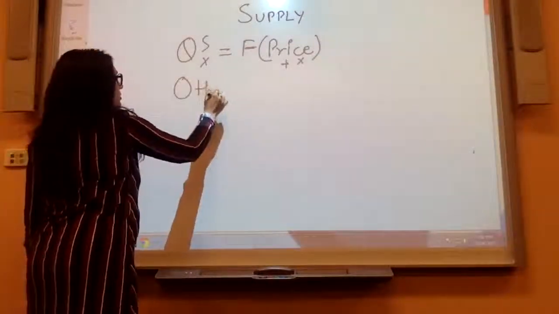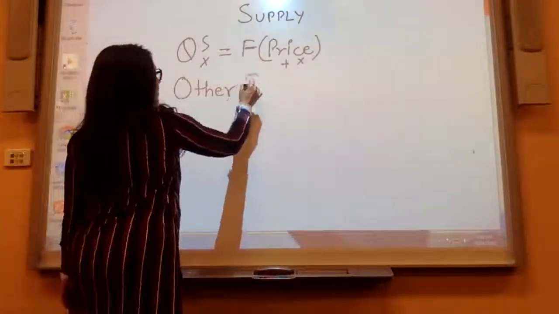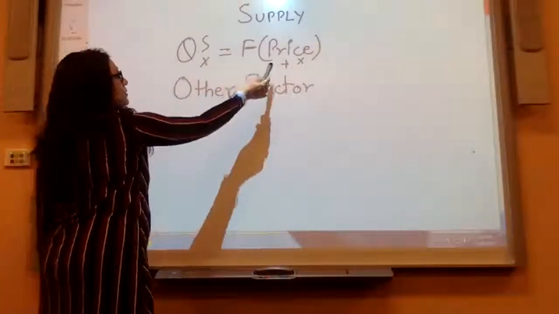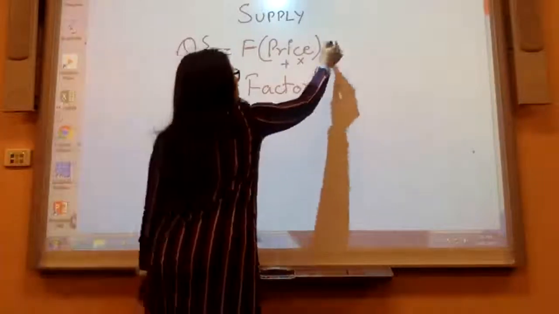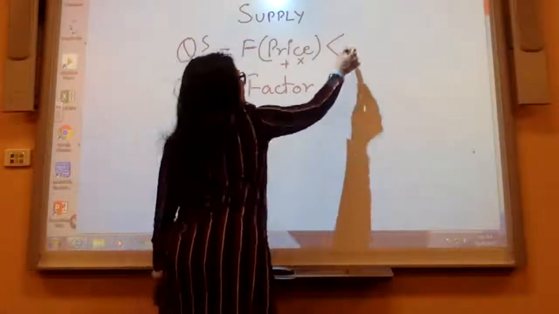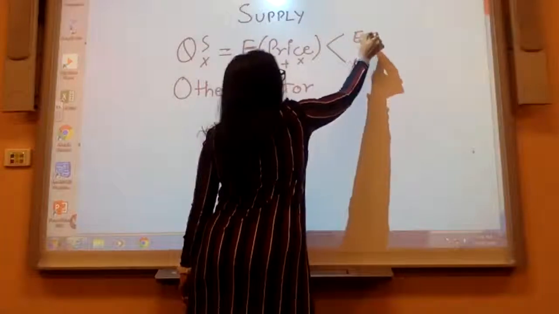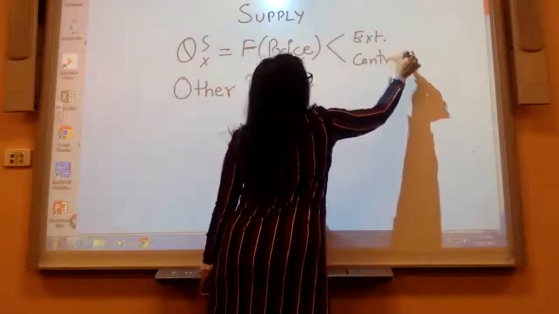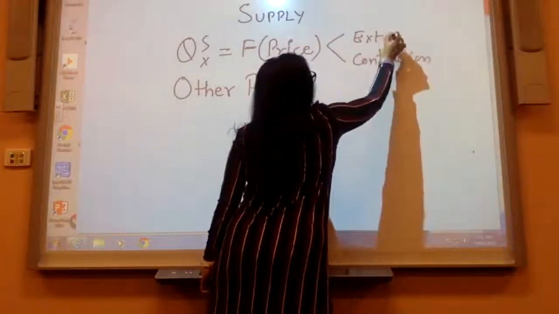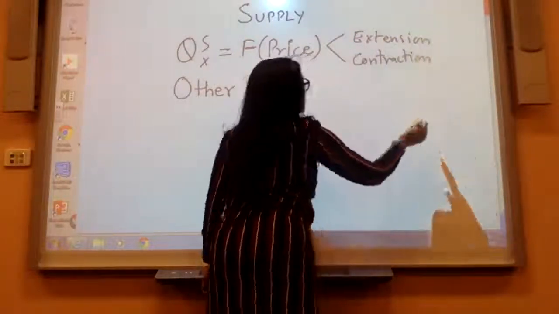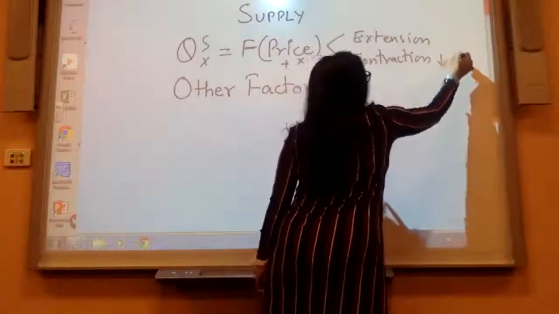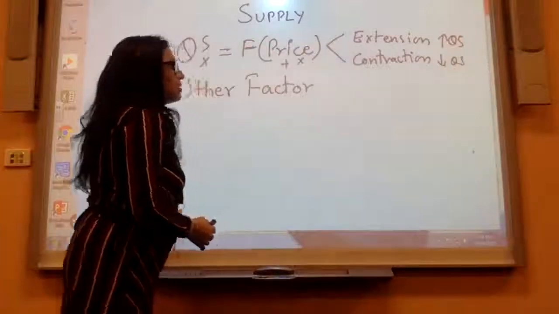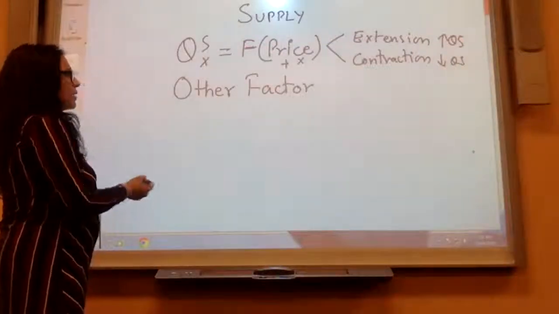So please remember the terms of reference. When I said it is the price of the product that affects supply, I would rather refer to it as quantity supplied, and that related to the idea of extension or contraction, that is, an increase in quantity supplied or a decrease in quantity supplied. Whereas the other factors that affect supply could be,